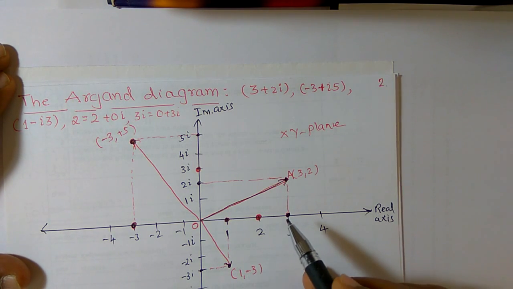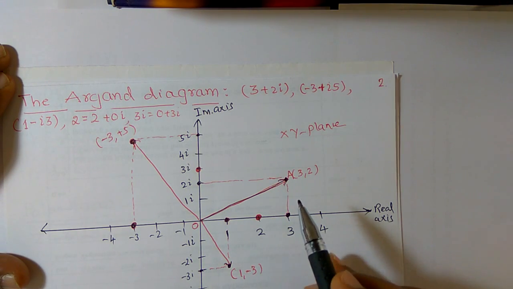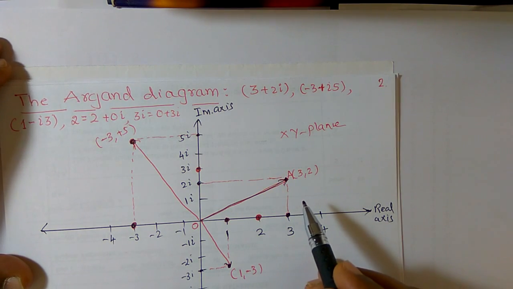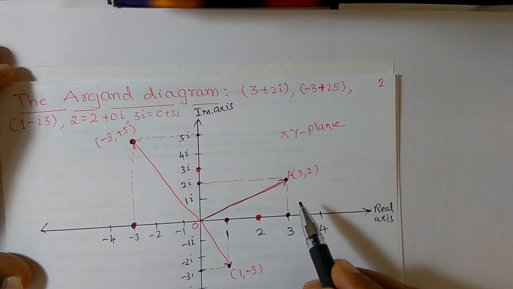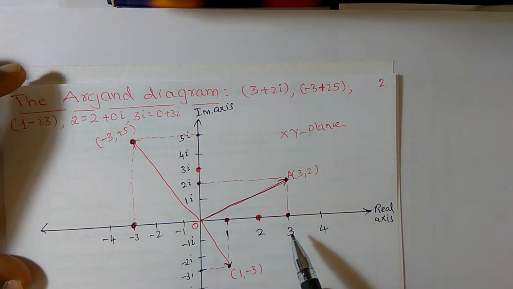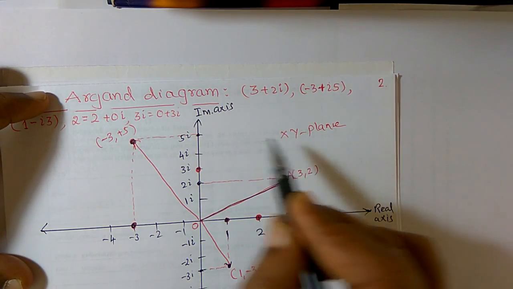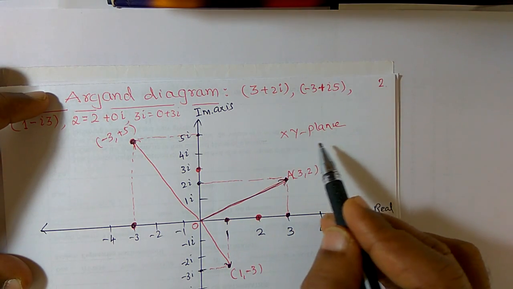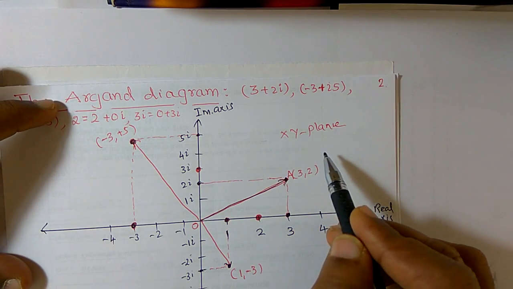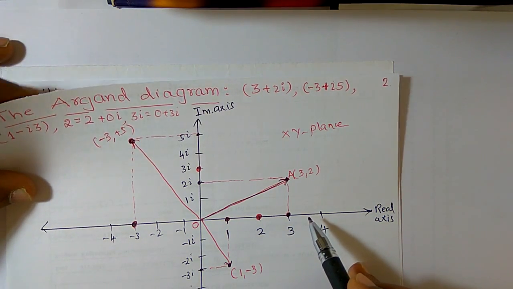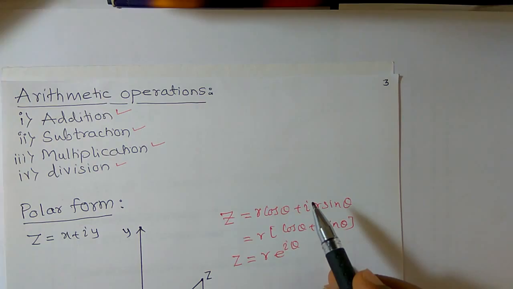Is it clear? So like that, each and every complex number can be represented as a point in the Argand diagram, as can be observed from this diagram. Is it clear? So we know that in the case of real numbers, we call it an xy plane when x and y are real numbers. Here we are going to use a complex number, so that's why we call it a complex plane.